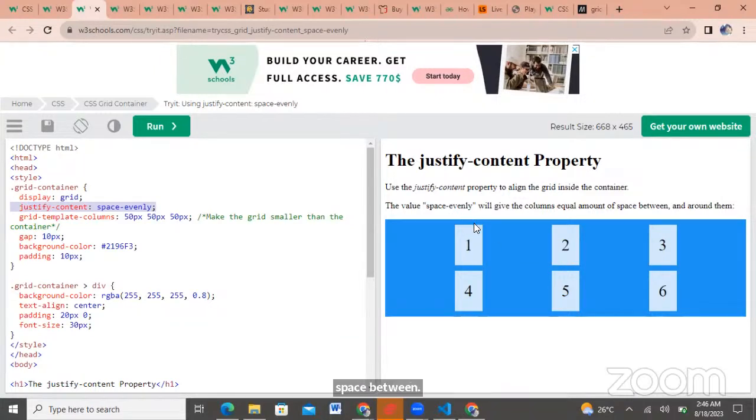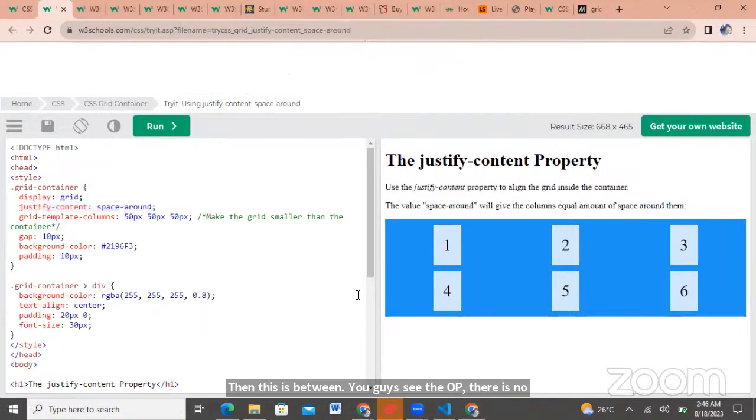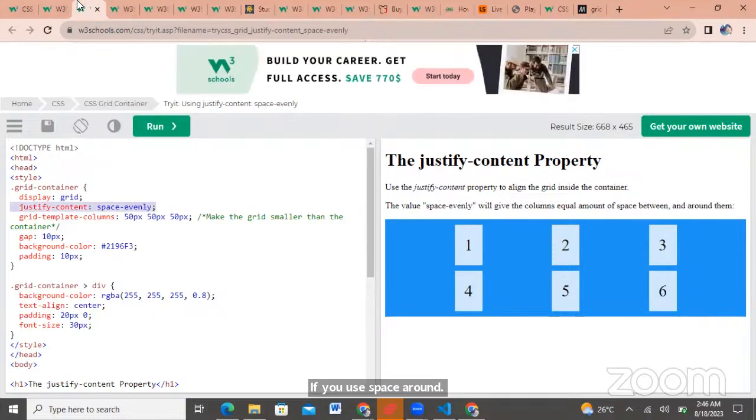You can see up here there is no space, but here there will be equal space in between them. If you use space around, between and around them,